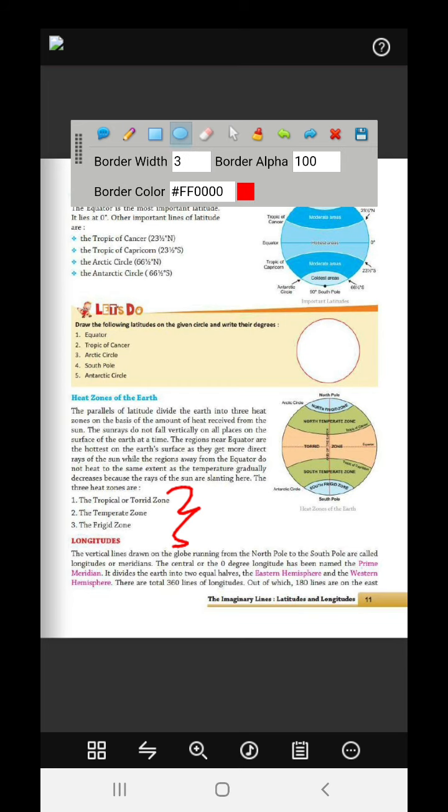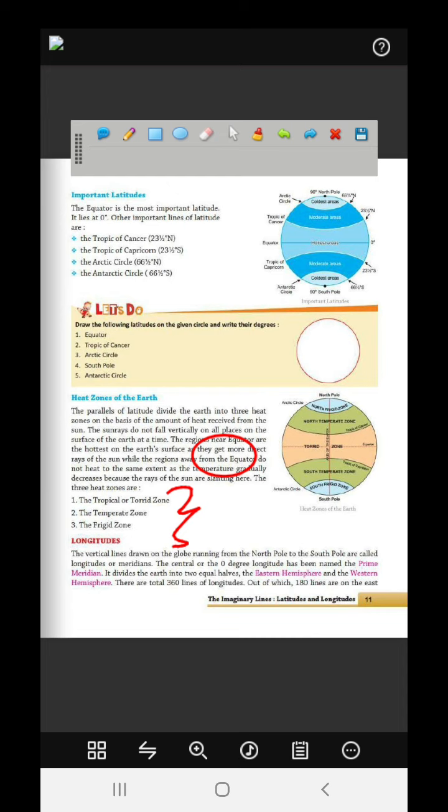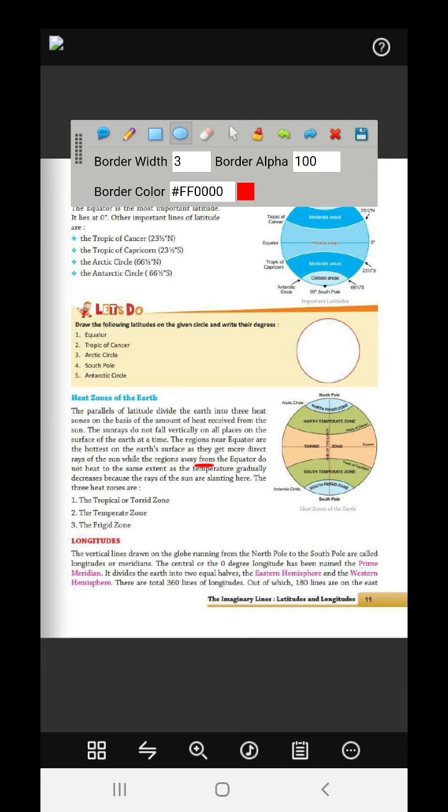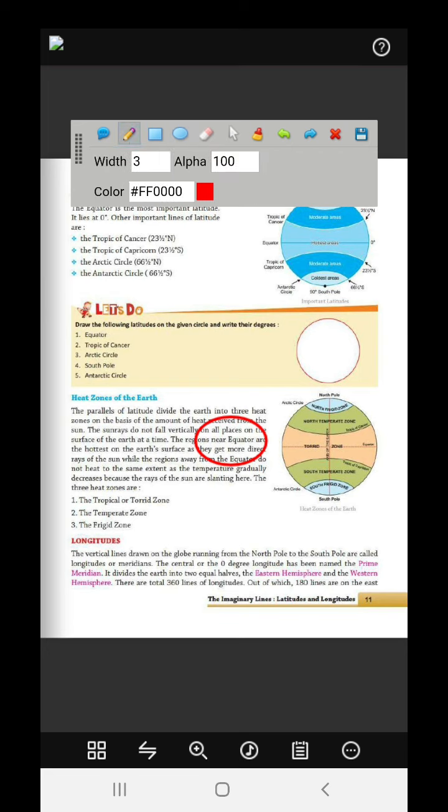Suppose the sun is over here, and then the earth is over here, and now just check out. Sun is over here, and so just check out. You will get maximum rays over here, and here you will get slanting rays. So direct rays are more. And this part also will get slanted rays. So are direct rays more effective or slanted rays? Obviously direct rays.